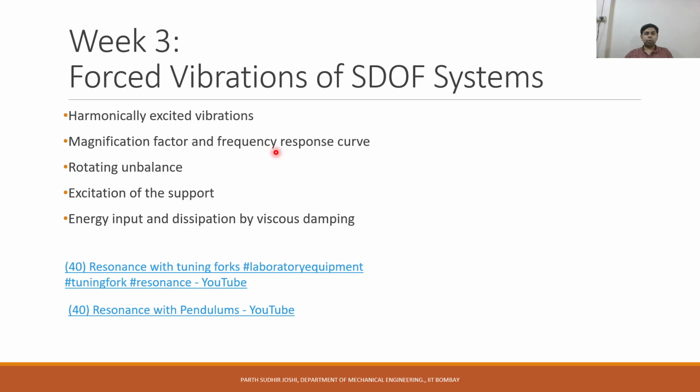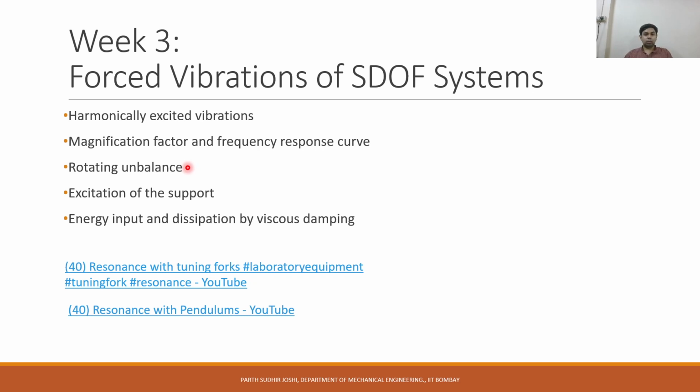And the frequency response curve shows the variation of the steady state amplitude and phase with respect to the frequency. And then some particular examples of forced vibrations and resonance, which occur in many practical systems because of rotating